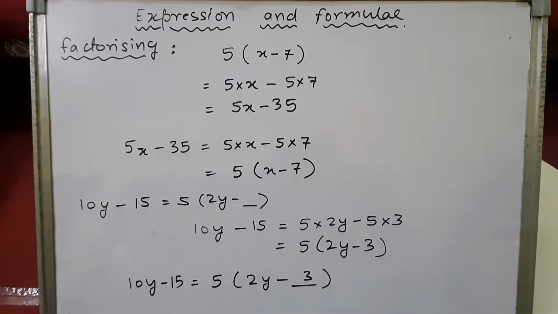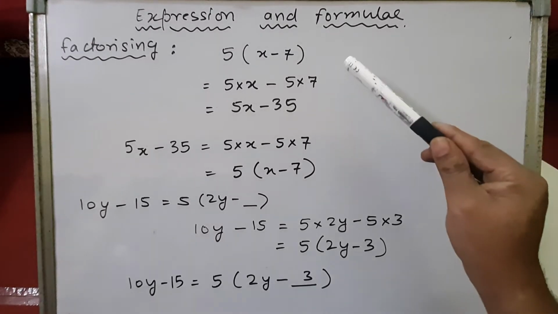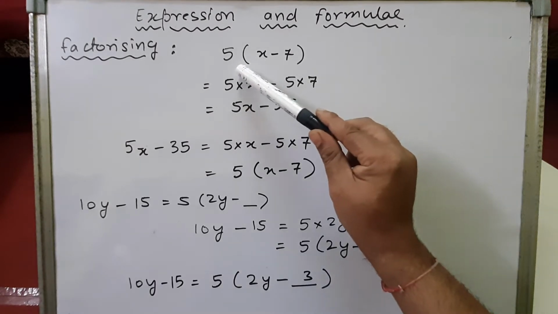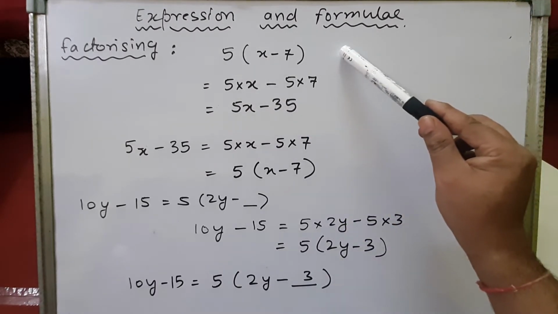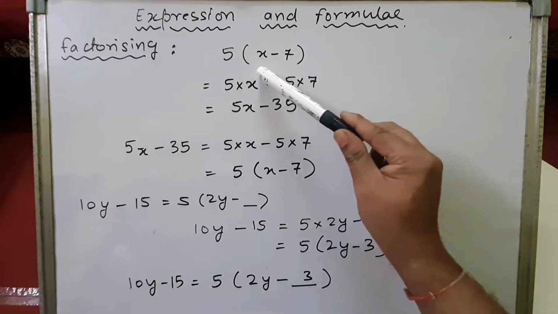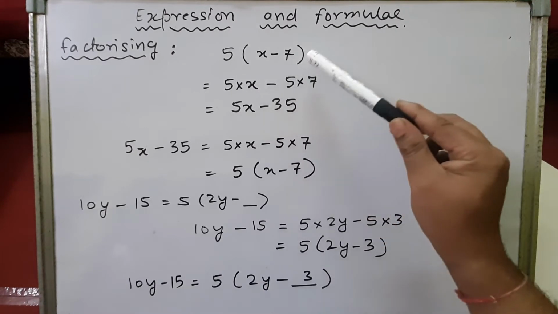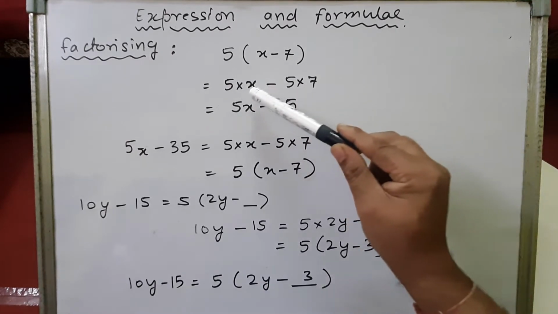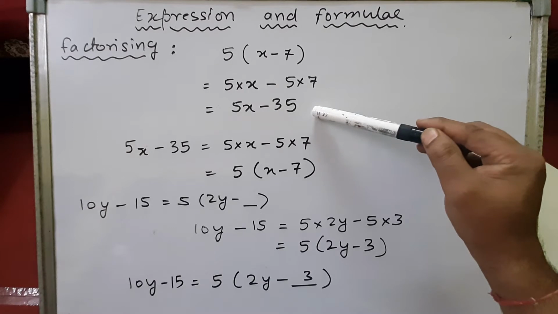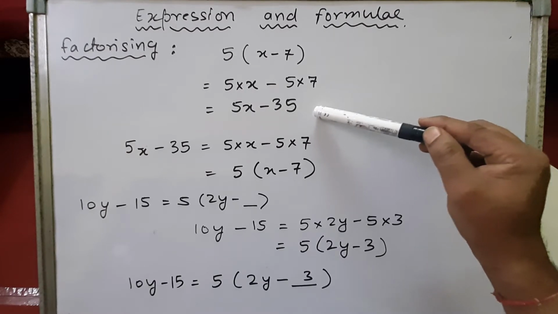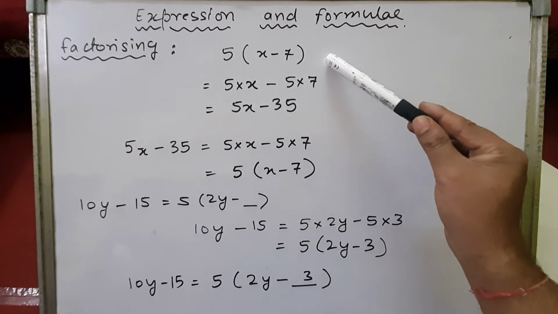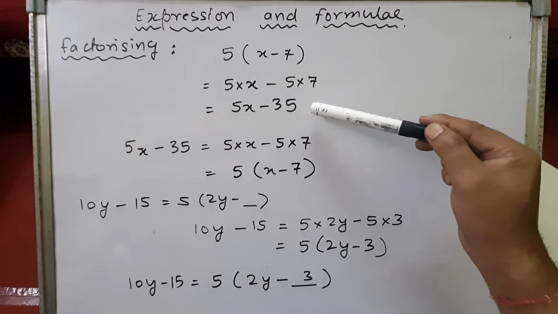We have learned about multiplication, children. Suppose it is written 5 bracket x minus 7. That means when no sign is there, multiplication is there. So it is written 5 into bracket x minus 7. Now this means that 5 is multiplied to both the given terms, x and minus 7. When we open the bracket, 5 will get multiplied to both the terms. So we can write it as 5 into x minus 5 into 7, right? When we multiply 5 into x, we get 5x. When we multiply 5 into 7, we get 35. So we can write 5 bracket x minus 7 as 5x minus 35, right?